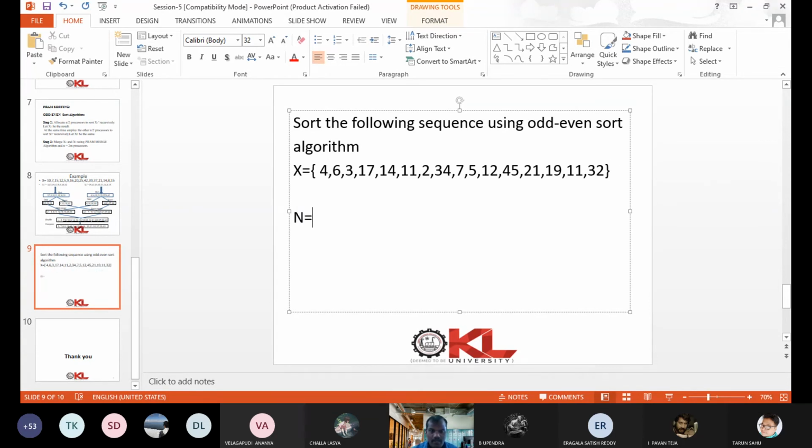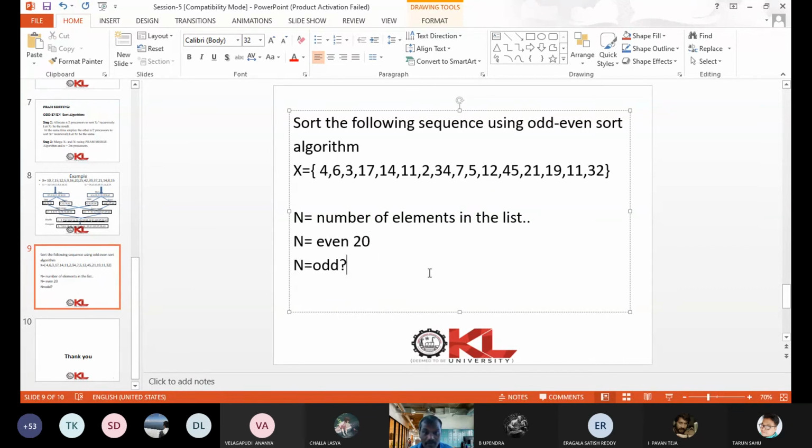For example, n is the number of elements, right? So far, we have seen that n value only by taking even, we have solved the example. For example, if n is odd, then how are these problems solved? Okay. So this is the question I am giving you. So for example, you say n is equal to 20. Okay, 20 elements are there. So you can divide this list into 10, 10.